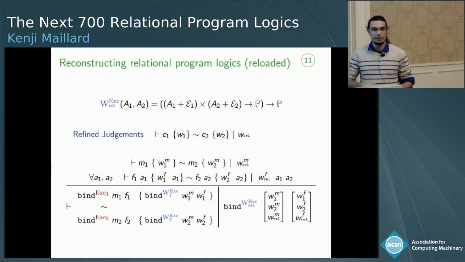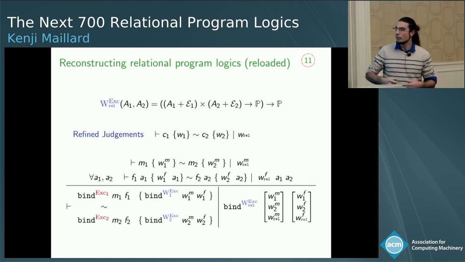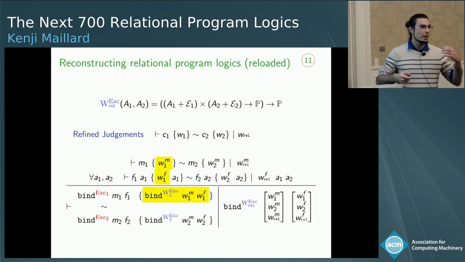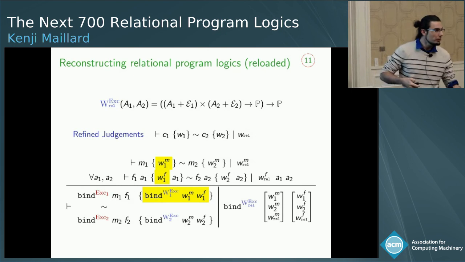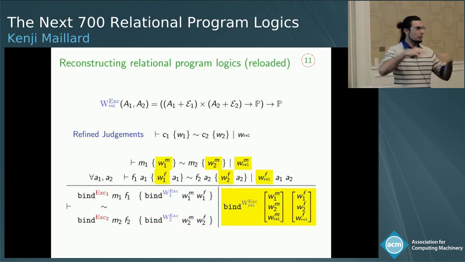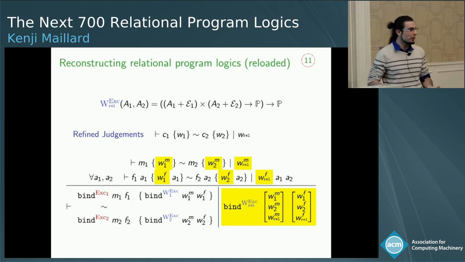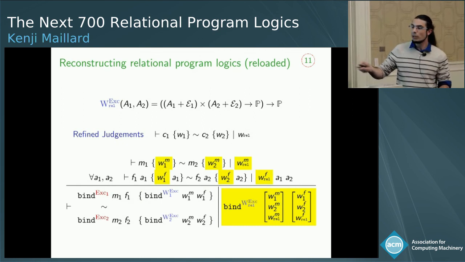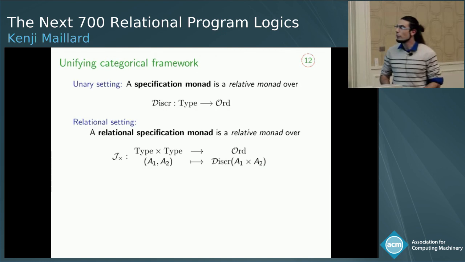And then, in the same way as I did before on my simpler judgment, I can define generic monadic rules for such triples. And here I have a bind specification for the left program, for the right program, but also one for the whole relational specification that takes as input also the unary specification of each of my programs. So finally,